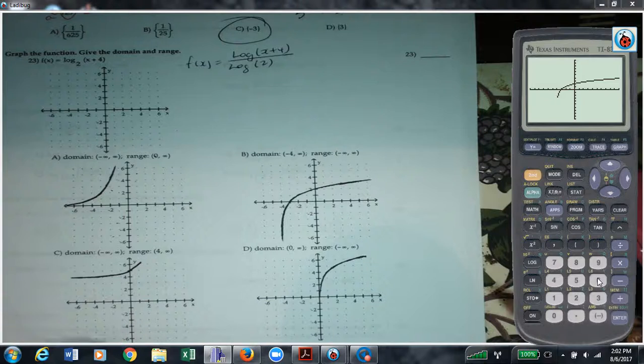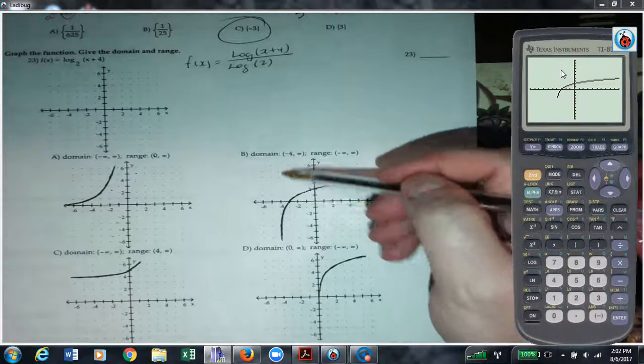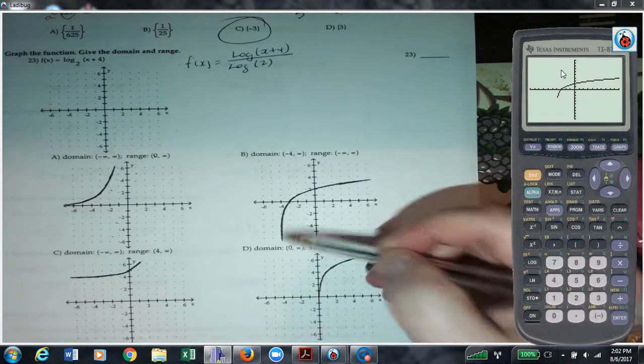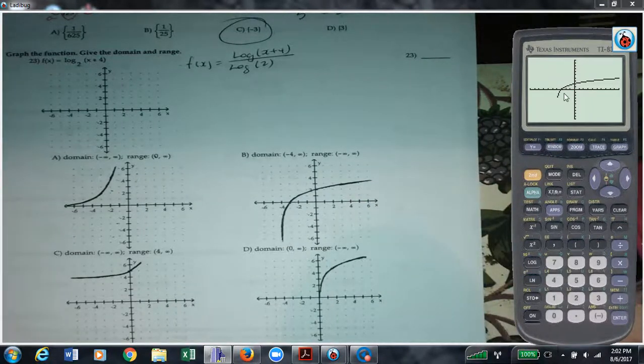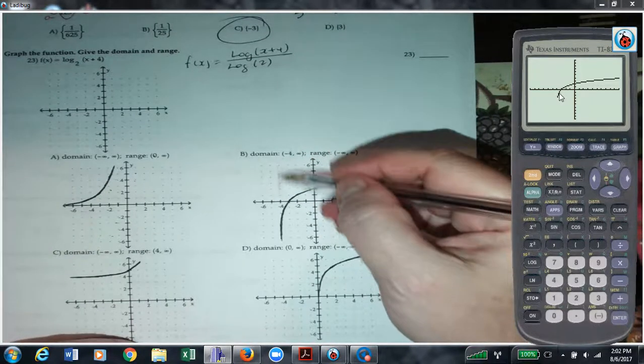Okay, so the only one that's going to resemble is this guy. Now you're saying, where's the tail? Well, this is a vertical asymptote here, and so what happens is your calculator cannot do infinity. And since we have an asymptote here